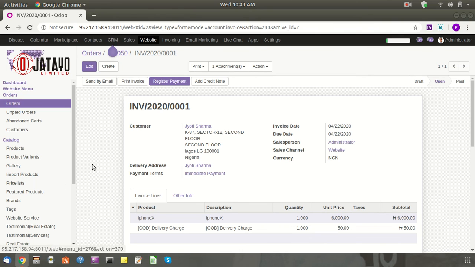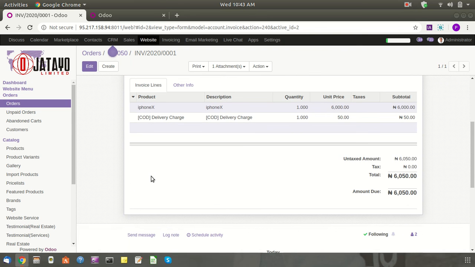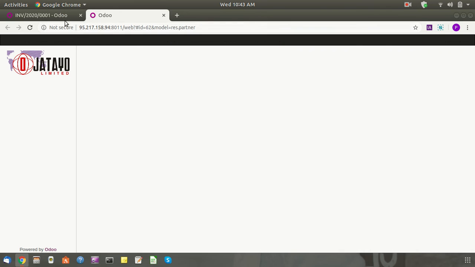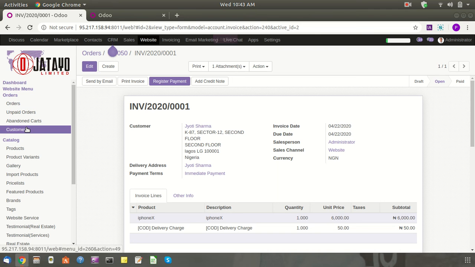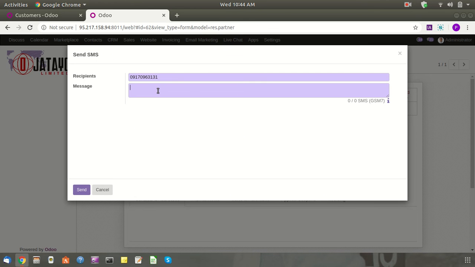This is the invoice format, sent by email, add to credit note. So as you can see, Jyoti Sharma already has two sales invoices and the 6050 invoice. You can also send the SMS.